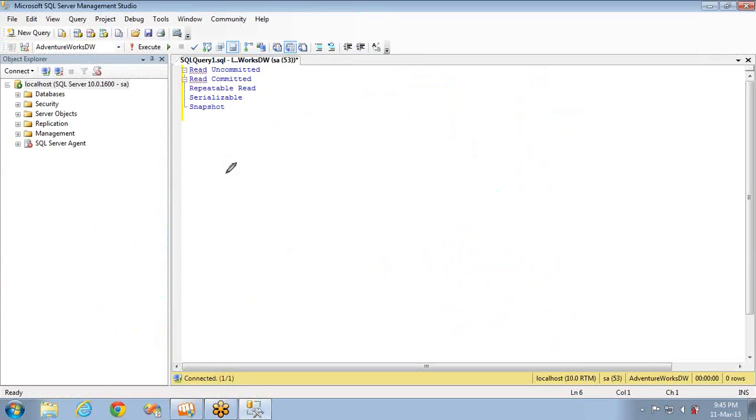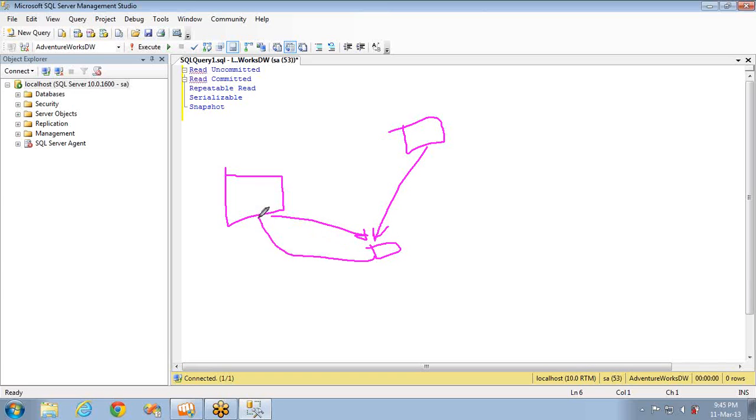So let's say this is your transaction 1 and this is your transaction 2, and this is trying to read data from a table, and this is updating the same table. This will wait until the update is done. The exclusive lock will be set, and then the exclusive lock is removed. Then it will start reading the data. Now it has all the data.